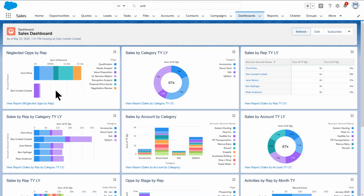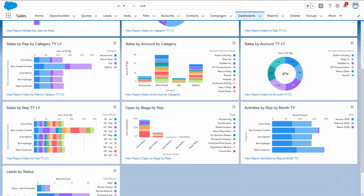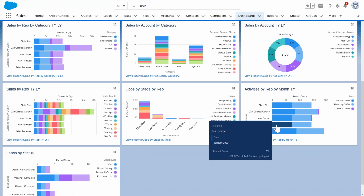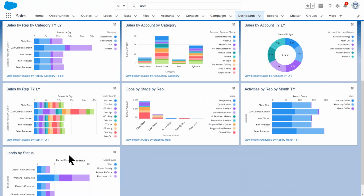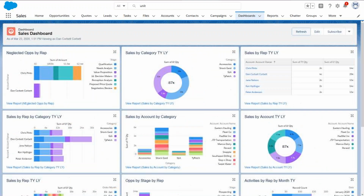And then all that ERP data, sales by category, sales by rep this year, last year, is data that I can get out of the ERP and use Salesforce's world-class reporting engine to build reports on. Sales by category, sales by account by category. I can look at activities as we work through the activity piece, or even leads. All of that information, once it's in the system, is available for reports and available to dashboard. This becomes a critical and hugely compelling piece of information, both for the sales reps and the executives at any